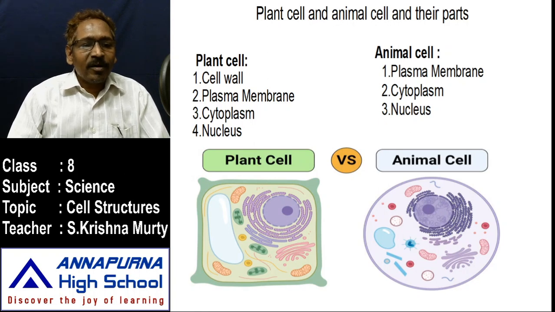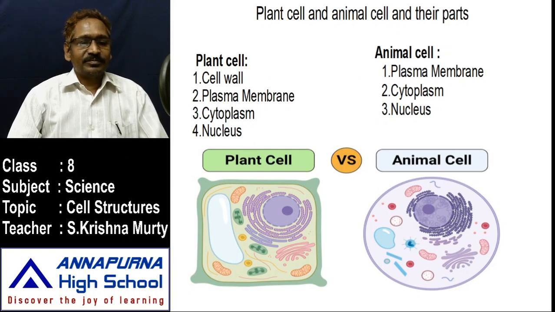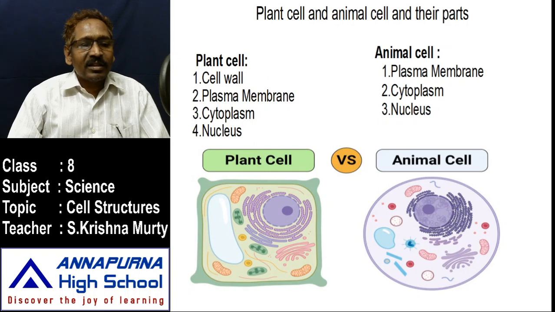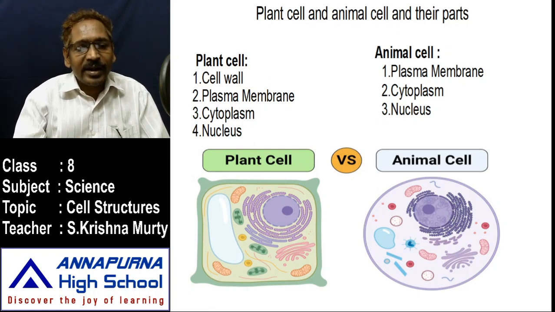It is made up of proteins, lipids, cellulose, carbohydrate, starch, etc. So what is the major component of the cell wall? The major component of the cell wall is cellulose. Don't forget that. What is the major component? Cellulose. Cellulose turns into carbohydrate or starch. So it is green in color, and it is enclosed all over the cell.